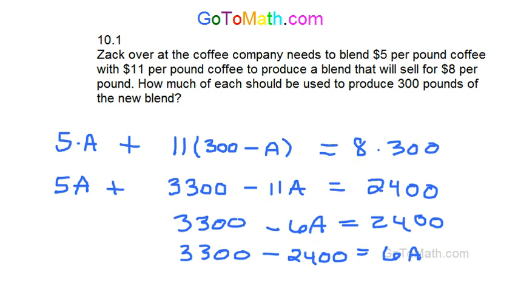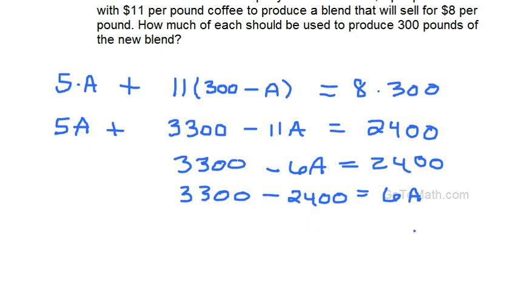How's that? All right. And so now we have 3,300 minus 2,400. That's going to be 900. Okay, we better not skip any steps. So that's 900 equals 6A, and therefore A is equal to